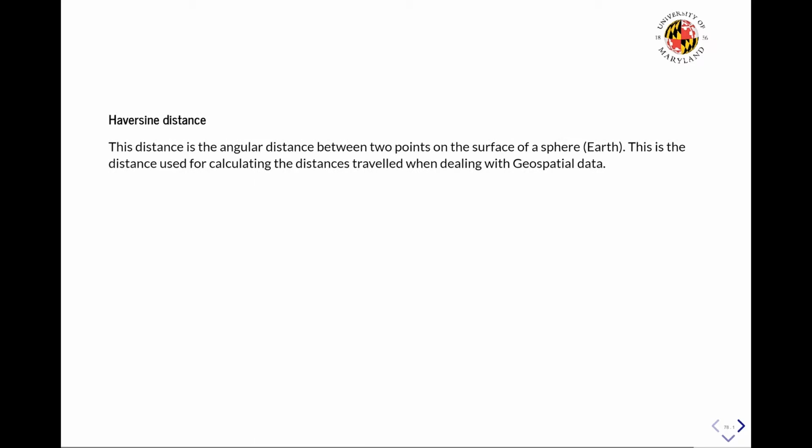To compute the distances, we'll use the Haversine distance. Since the surface of the Earth is spherical, the distance traveled between 2 points is on the surface of the Earth, which is not a straight line. It is the distance traveled on the circumference of a circle, which is the Earth. So usually the Haversine distance is calculated when finding the distances between two coordinate points.